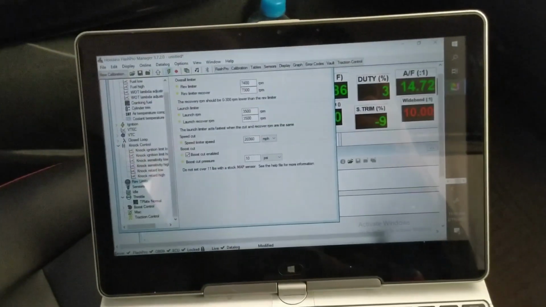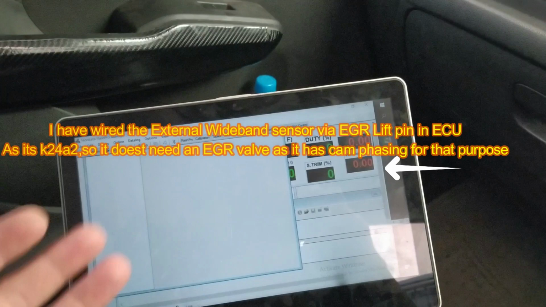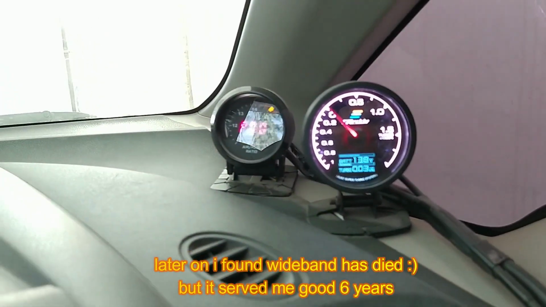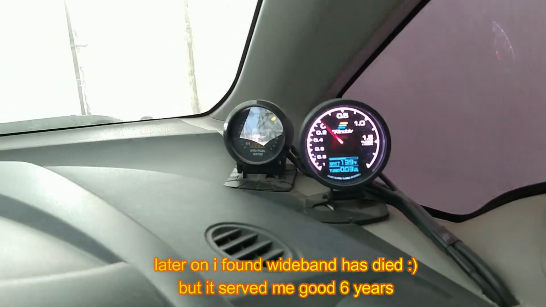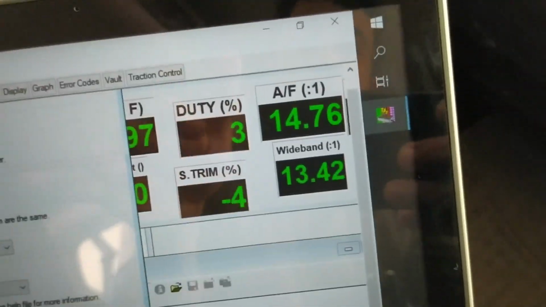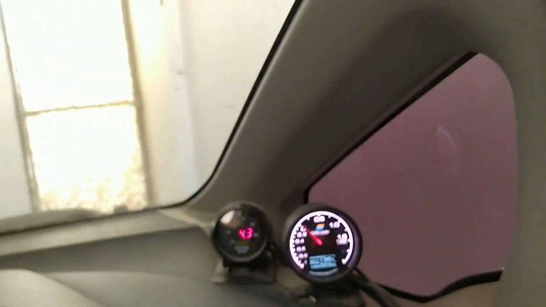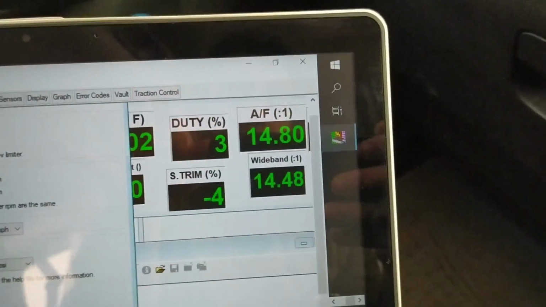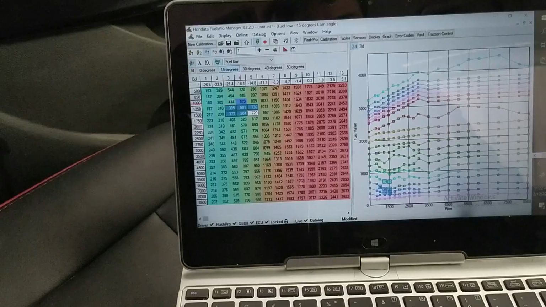This is showing 10 by 10 because I have not turned on my lambda sensor. Let me turn that on. There it is. I don't use this all the time to extend its life, so now I have turned it on. Now we are getting the wideband reading here, and the above one is the stock car one, and the below one is slightly off because it is warming up. It has just started, and after some time these two come close to each other. Okay, they are coming close.